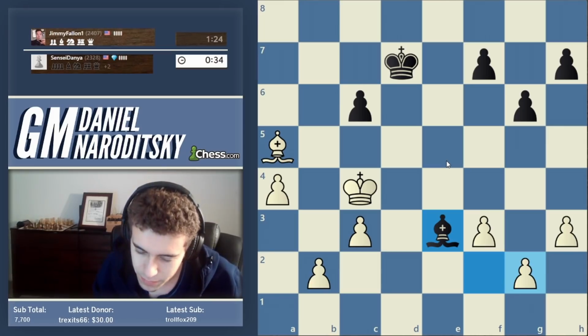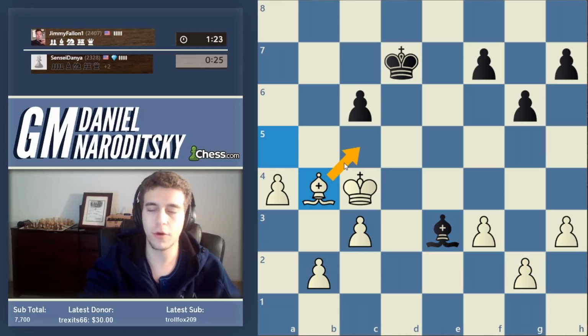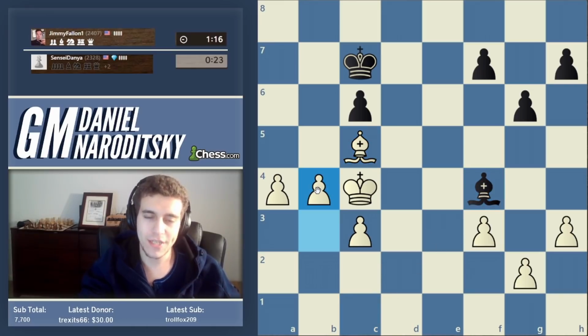Now, even here, we can make an improvement before pushing the pawns up. We can reposition this bishop to which square? Yeah, bishop b4, bishop c5 is right. And only then, when all of these necessary improvements have been made,